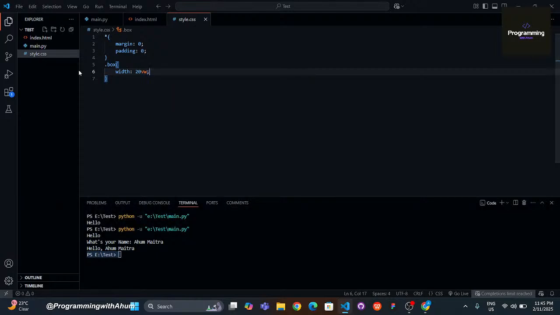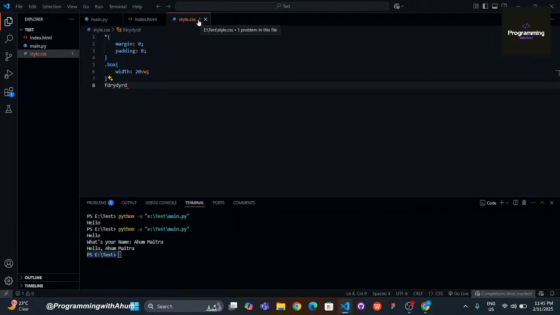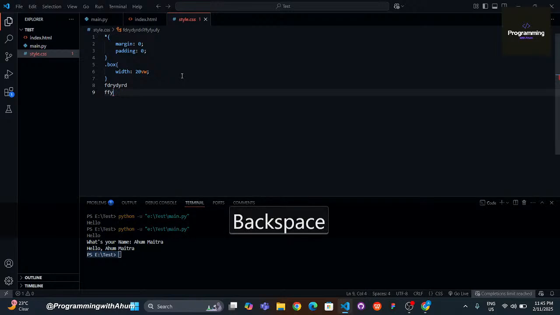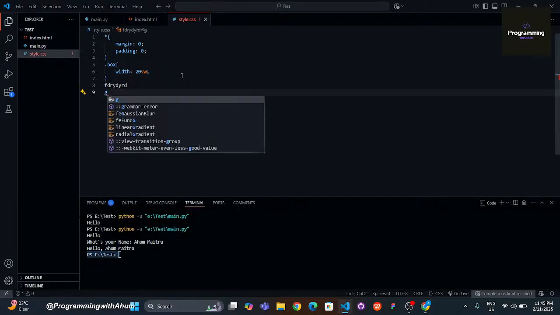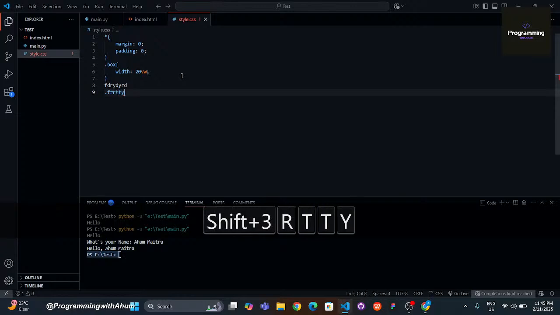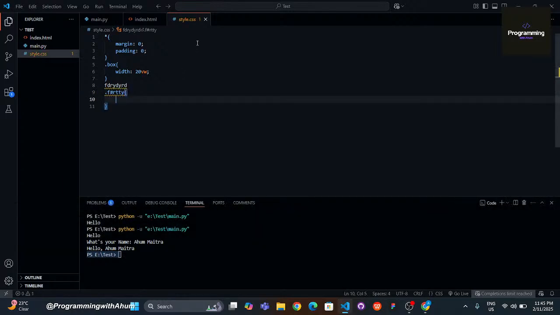And if you write wrong code, Visual Studio Code also shows the errors, and many other errors, showing different errors like that. Okay,